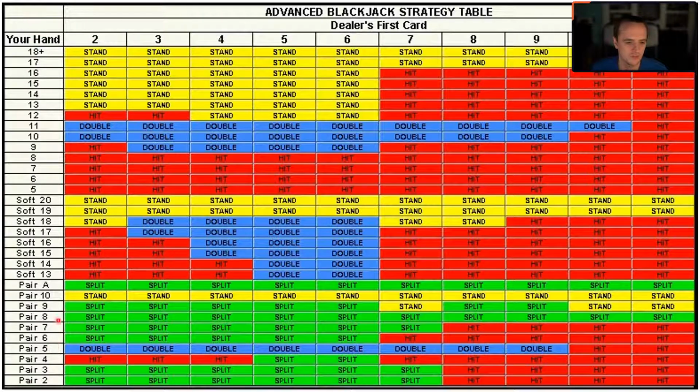And you can see what the cards in your hand are. So you have between like 3 or 5 and 18 or more. You can have soft 20. I'm not going to go into all that stuff. But essentially, this represents the state of the game, and the policy is what you should do at that state